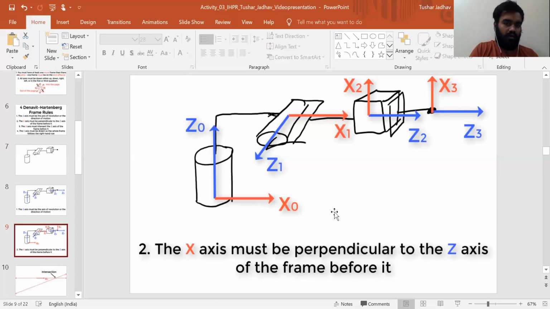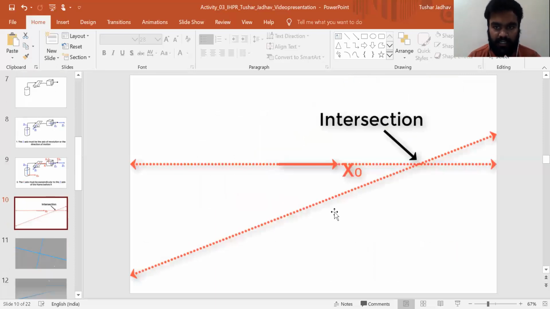Okay, now whenever we consider perpendicularity and other such things, we generally tend to look at a two-dimensional figure. But in three dimensions, the principles of intersection change. Let's see how intersection changes. This is two dimensions. If we have an x-axis, this axis can be extended infinitely in both directions. Two lines in two dimensions are said to intersect when they have an intersecting point.